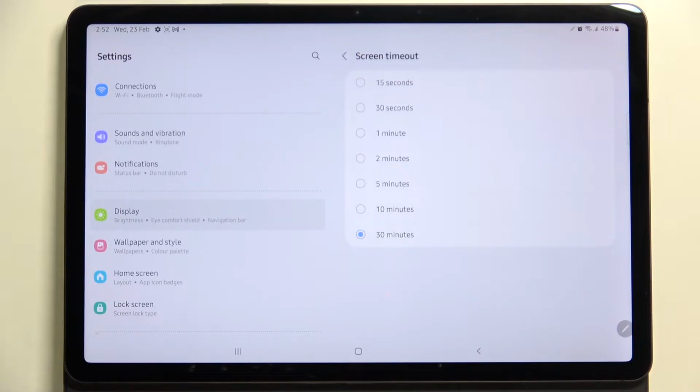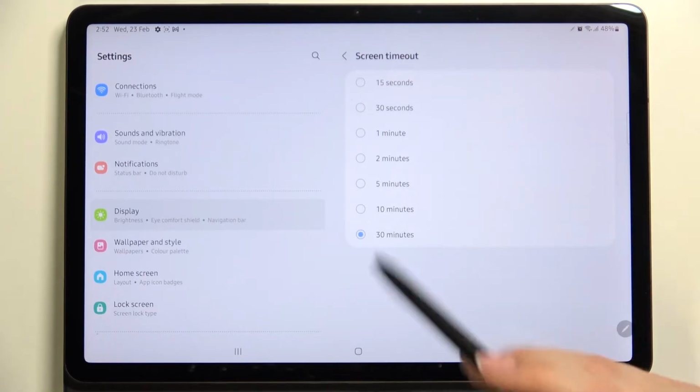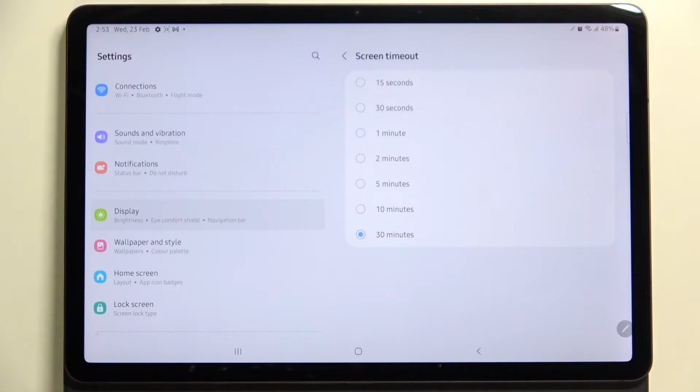So we can set either 15 or 30 seconds, or 1, 2, 5, 10 or 30 minutes. So as I said, right now we've got 30 minutes applied. We can say that of course here also, because this option is applied. So if you'd like to change it, all you have to do is to simply tap on the option you'd